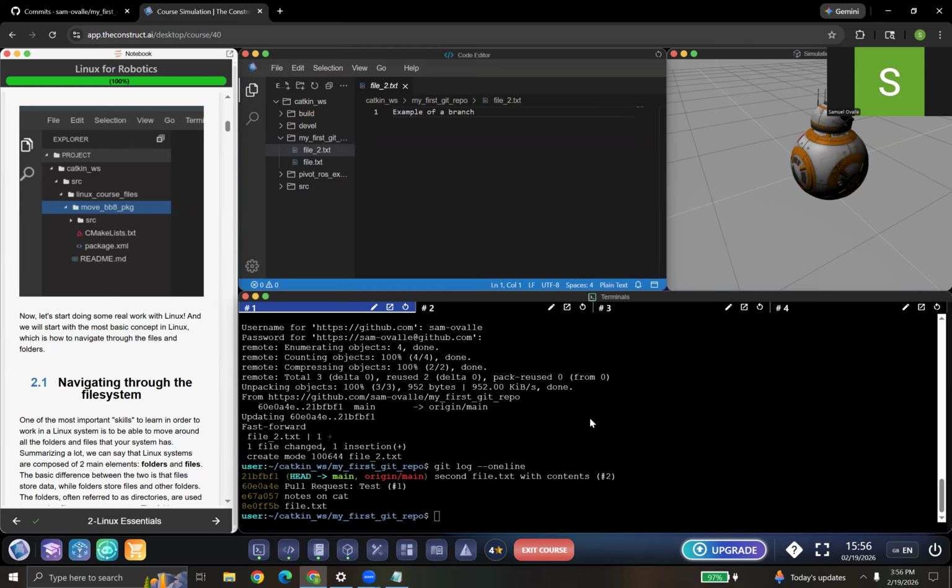Otherwise you'll get into another conflict to have to sort out and implement different strategies on. Those are always good for learning, but if you want to avoid them, type git pull, make sure there's no changes that you're not expecting, because if you start working on something out of date,